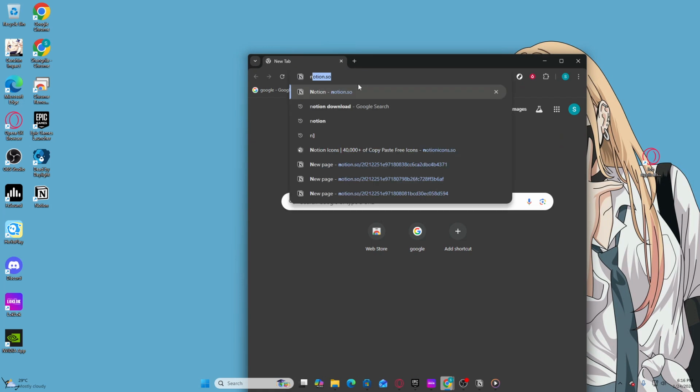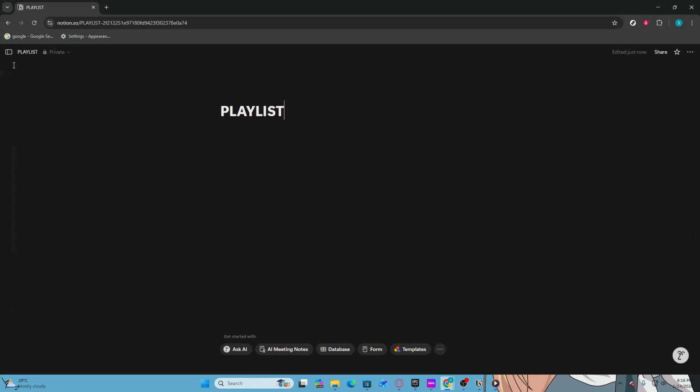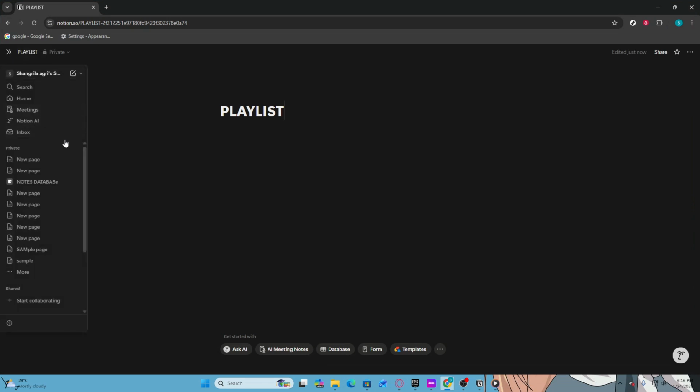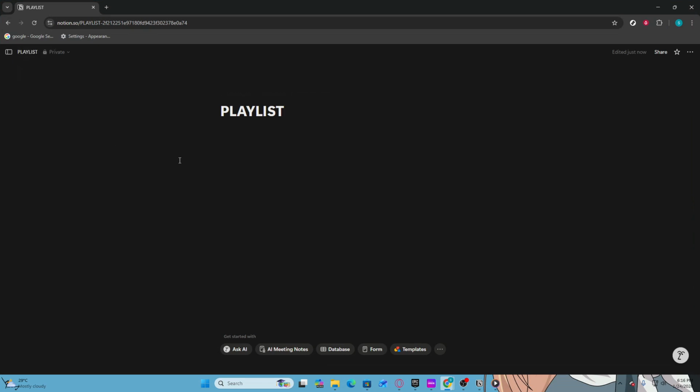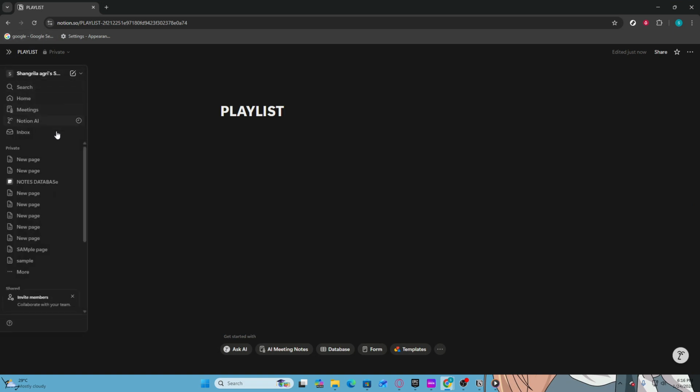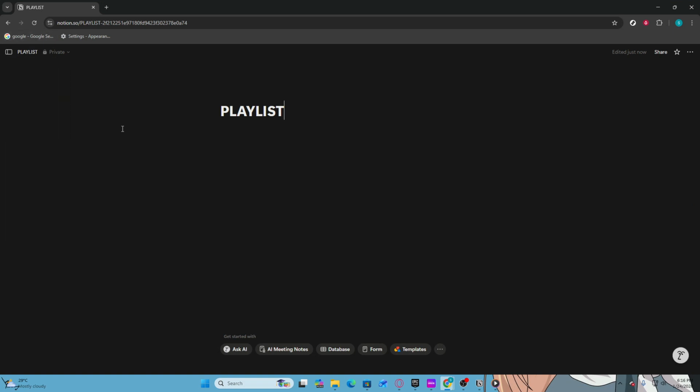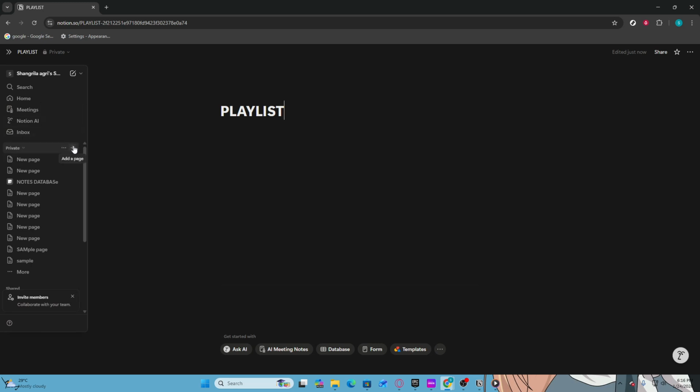Once you arrive at notion.so, sign into your account if you haven't already done so. If you do not have an account, you will need to create one before proceeding. After signing in, locate the option to add a new page. This can typically be found on the sidebar or main dashboard. Click on the plus icon or the new page button to create a blank page where you will embed your